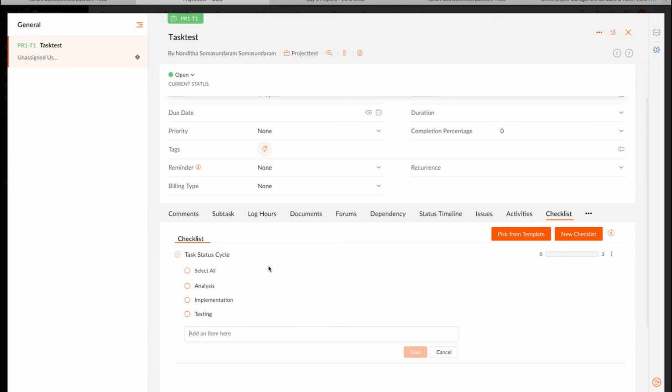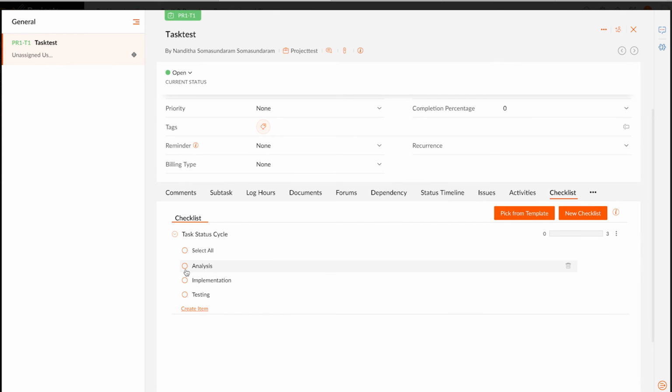So once I've completed adding this, the checklist has now been associated with this task, and you can see that over here you will be able to rename this checklist name if you wish to, and across every particular item you can either delete this item or simply click on this item and make changes to it whenever you require. And also on choosing a particular item, that item will be completed from your checklist and you can see a movement has occurred. So like 1 out of 3 items have been completed.